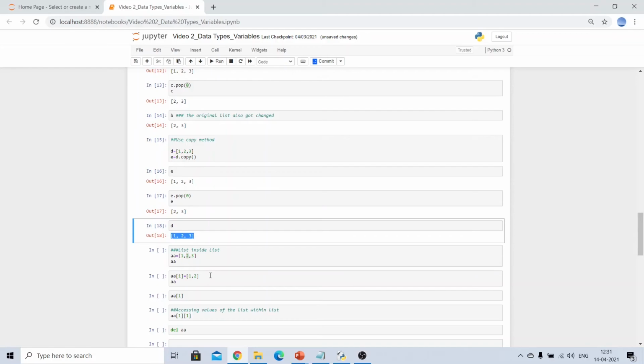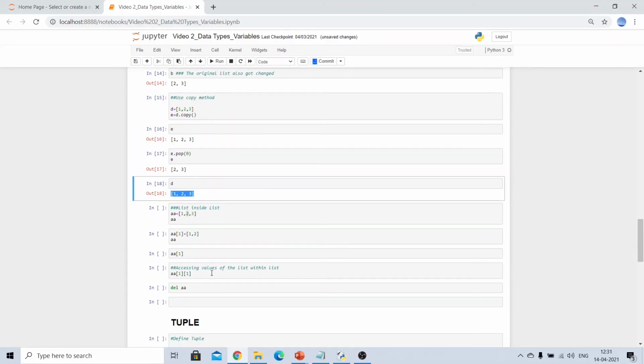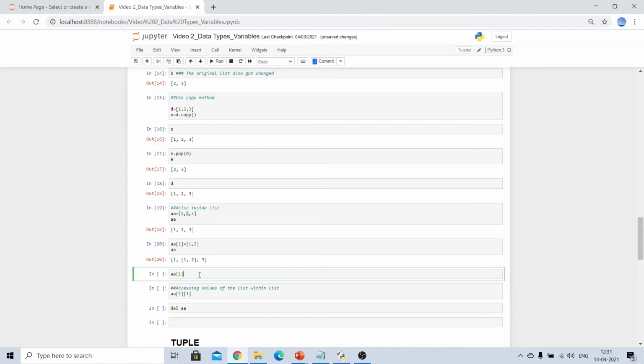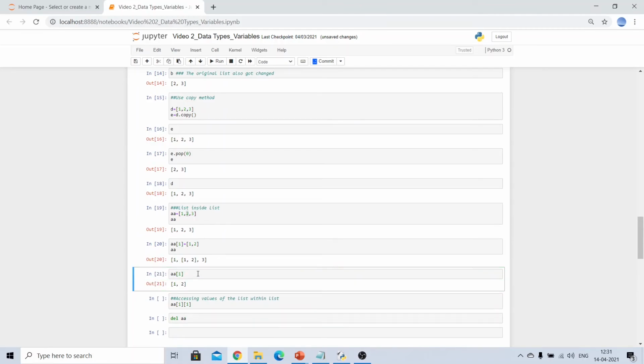Now let us see how we can have a list inside a list. We have a list double A here having the values 1, 2, 3, and I am replacing the value present in my first index with a list here, 1, 2. Now if I want to access the inner list present in the first index of my outer list, you can see using the index values I can access this.